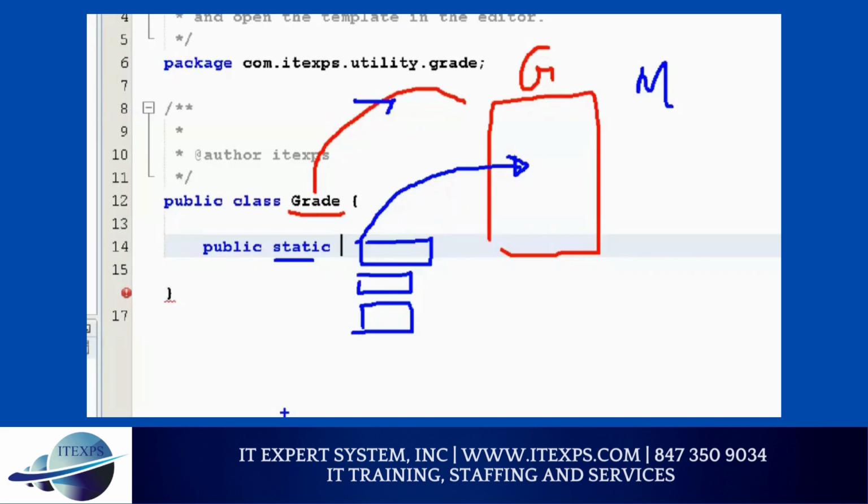So there are two things, please pay attention: static and instance. If I say static, then in this program you will only have one copy. Think about it: I'm in a classroom right now, so there is only one copy of me.